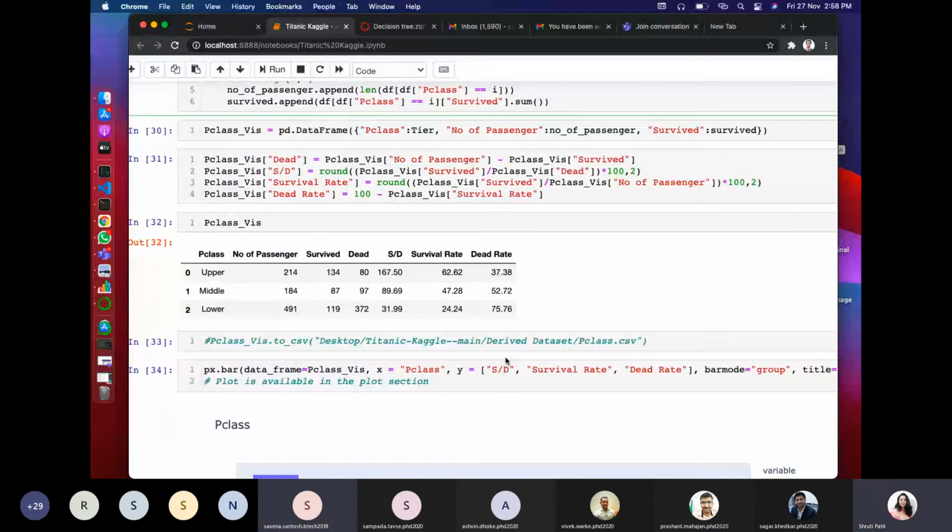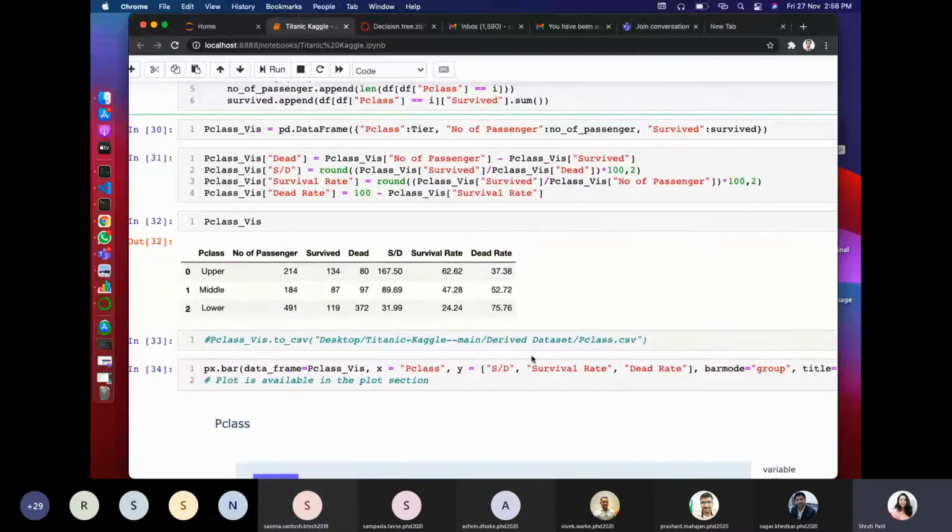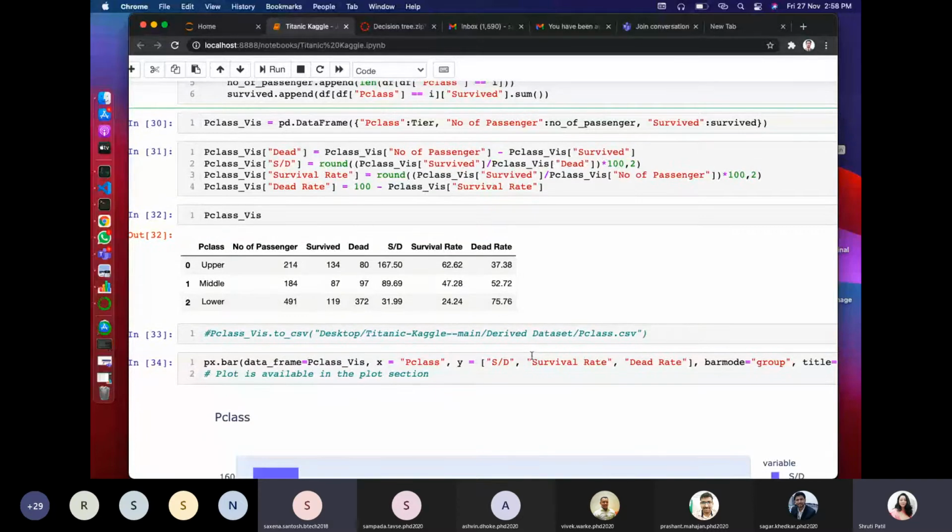So basically what we have done till now, we have not applied any algorithm. We are just exploring the data set and looking at what kind of relation is present between various features of my data set. In this case, all the attributes or the columns of my data set are my features.